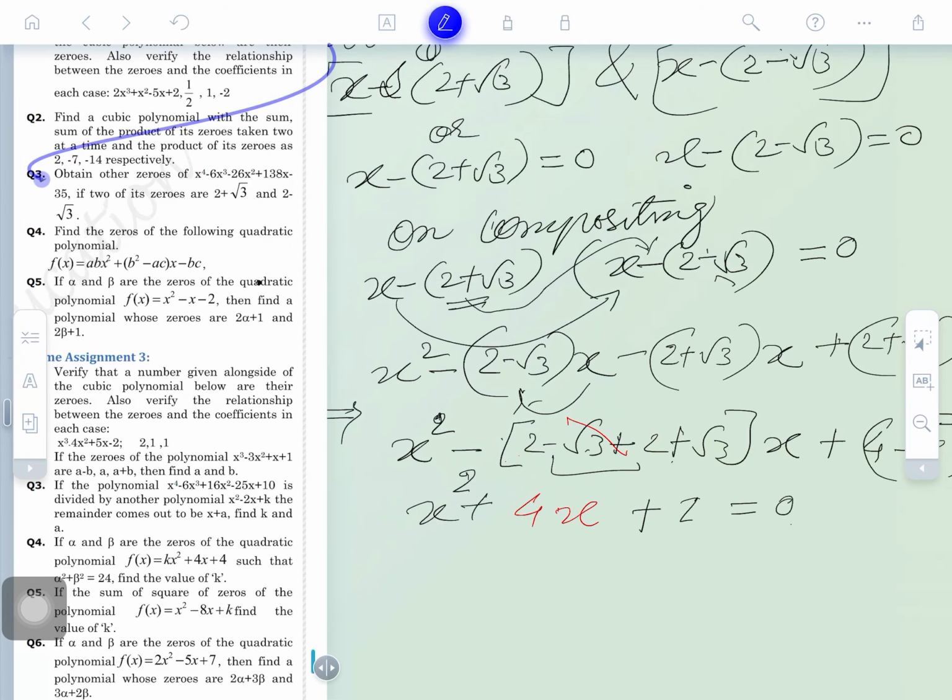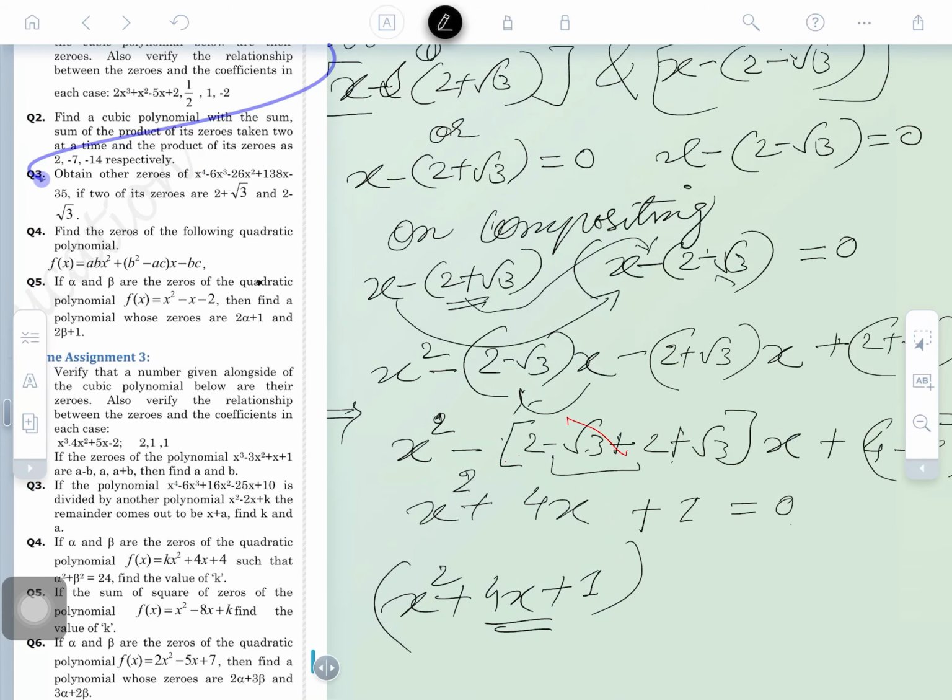Clear, guys? Understood well what I am saying? A 4x will come here, this 4x will come here. So your factor is coming x square plus 4x, and the remaining you can do this. This is a factor. Why is this a factor? Because from the zeros together we have fused them all and we obtain a factor. So from the zeros we can bring a factor, from the factor we can bring zeros.